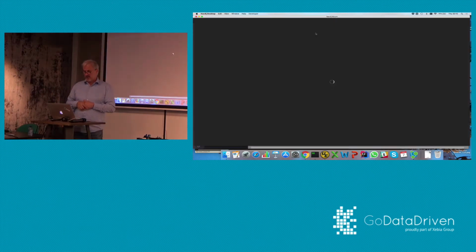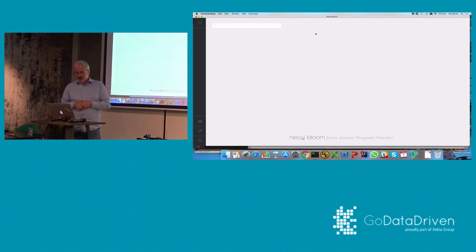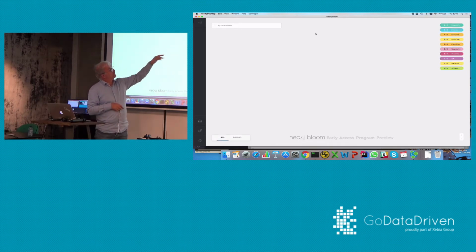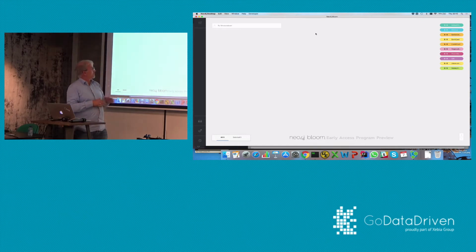Let's do that. Now it's building up the screen. And you see now that it has some things loaded there. This is the result of the perspective which I now use, and these are the categories which are defined in the perspective. So account holder, address, bank account, etc. And now I can do nice stuff. This here is the main thing, going to the